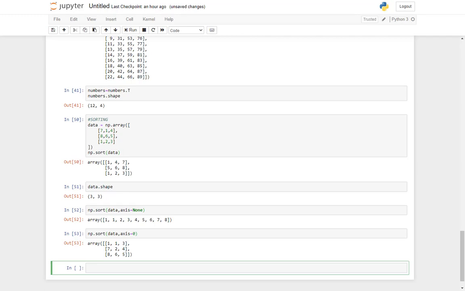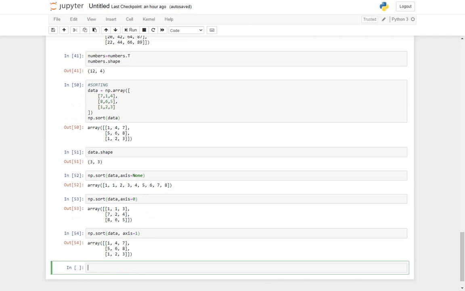And now if I have np dot sort data wherein axis is equal to 1, shift enter. So now the data is arranged row wise. For us, the data is already sorted for each of the rows, so it is the same thing.